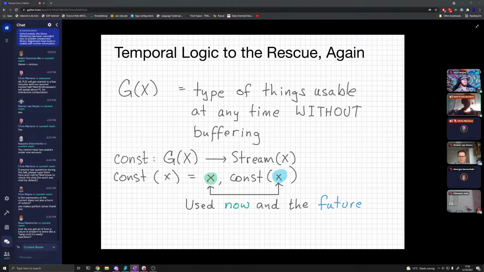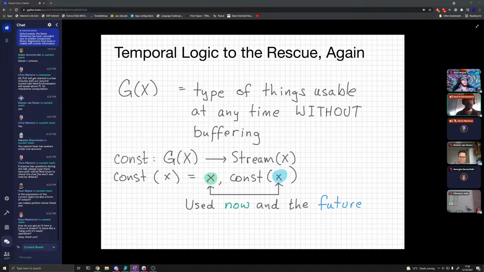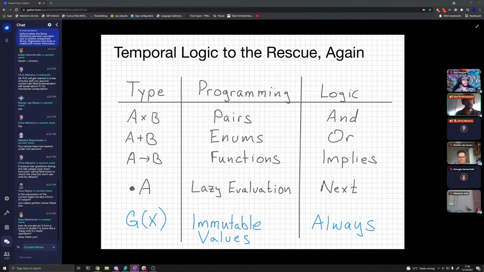So what you do is you look at the program and you say, okay, each sub-expression, what time is it at? And then the types of your program tell you which variables you're allowed to use when. And then everything sort of works out automatically. Okay, and so, another question? Okay, yep. And so it turned out that these immutable values that you can use at any time, they corresponded to the temporal logic operation of always. And so this was really quite striking.